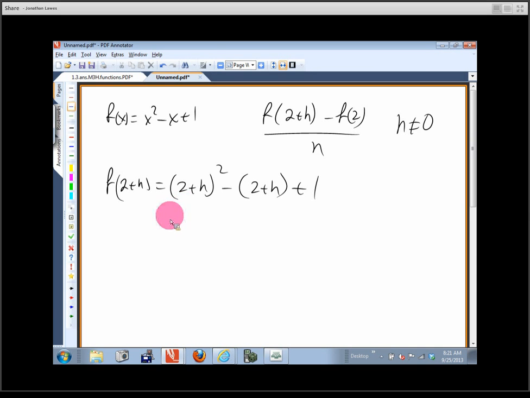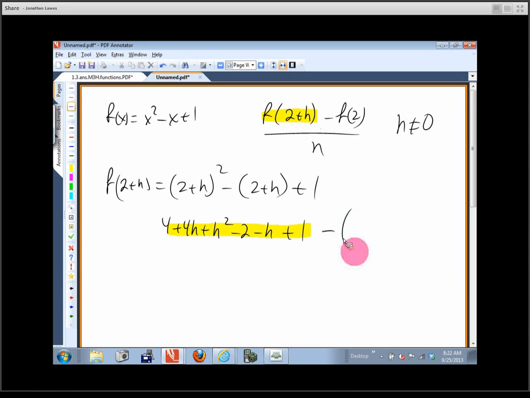Let's see, Nathan, what do we get? Very good. Brandon, what do I get when I distribute through here? Just distribute the negative through. And then we get a +1, right? That stuff is this right here. F of 2 plus h is right there. Then I'm going to write minus